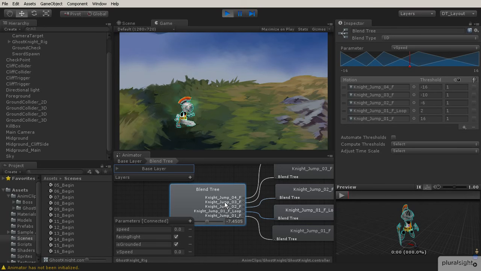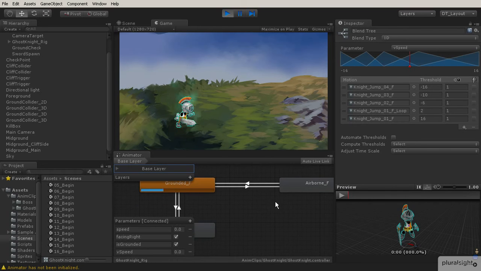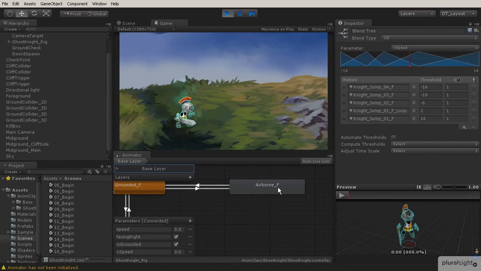Now what I want you to do in between lessons is I want you to take what you've learned in the past couple of lessons with the airborne, and I want you to create the opposite blend tree for the airborne back. And it's going to be the exact same steps, setting up your motions, and then placing in the correct animation fields, and then plug in these exact same values for that back. Now I'm going to have this set up for you in the next lesson so we